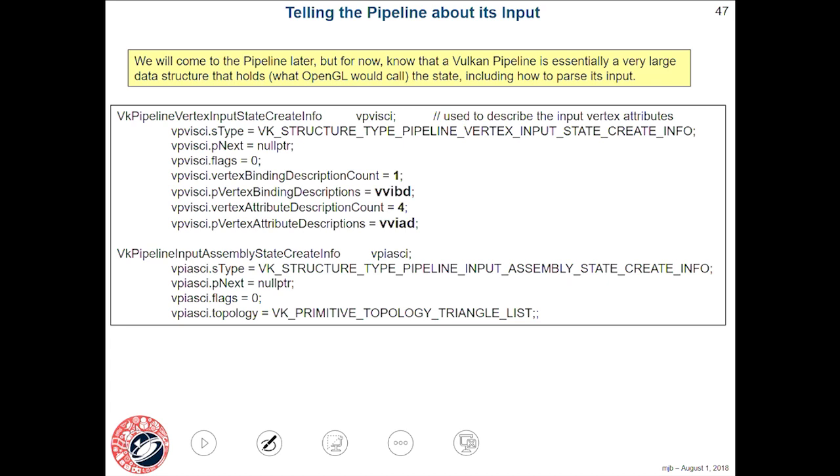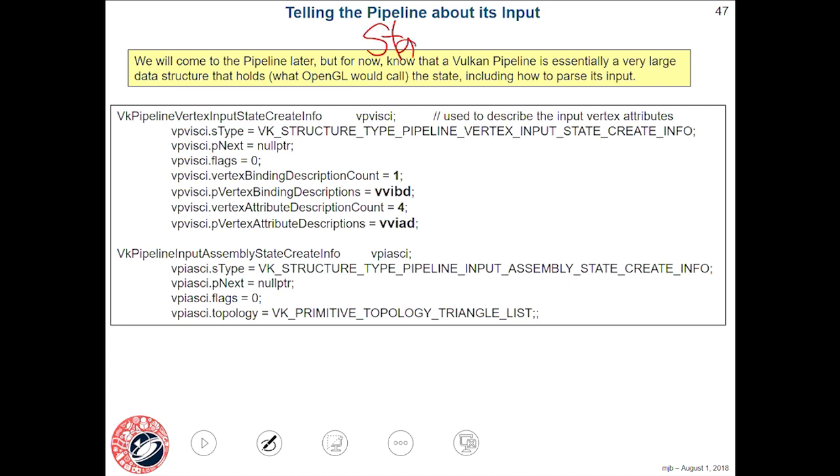It's got information on the shaders. What shaders am I supposed to use? It's got information on the topology. Is this a triangle strip, or a triangle fan, or a bunch of lines? So all of that lives in this thing Vulkan calls a pipeline. It's almost unfortunate they picked that term because the word pipeline means something more general and has for years in computer graphics. If I had to change it, and nobody asked me,